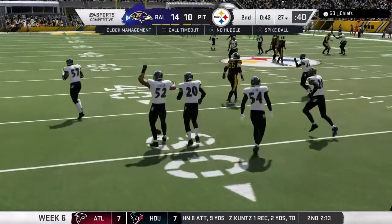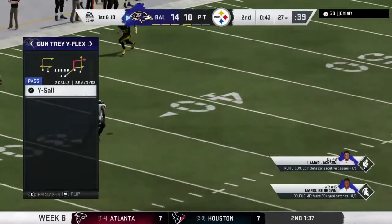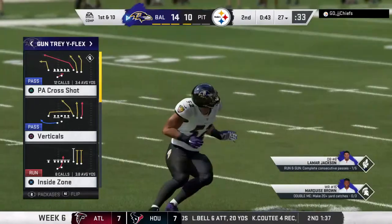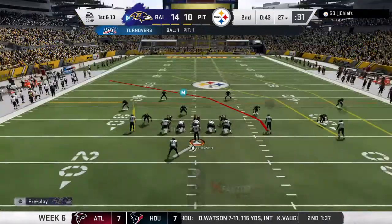Picked off around the 27. And they're going to set up shop at the 27-yard line. That's now his second interception in as many weeks from his linebacker position. And think about all the different techniques he has to employ in a passing situation. Is he